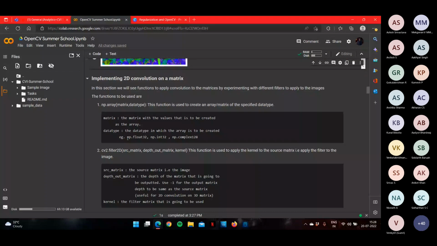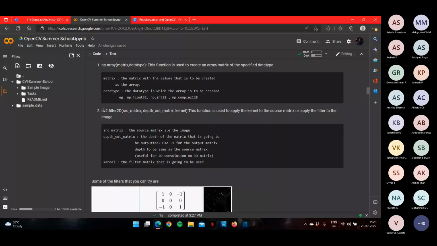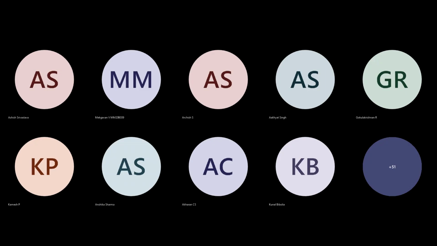And next is the main OpenCV function, that is cv2.filter2D, and this has three parameters. One is the source matrix, that is the image on which we want to apply the filter. One is the depth of the output matrix, that is basically the number of channels you want the output matrix to have. Now this makes sense when you are using 2D convolution on an image that basically has three dimensions, that is